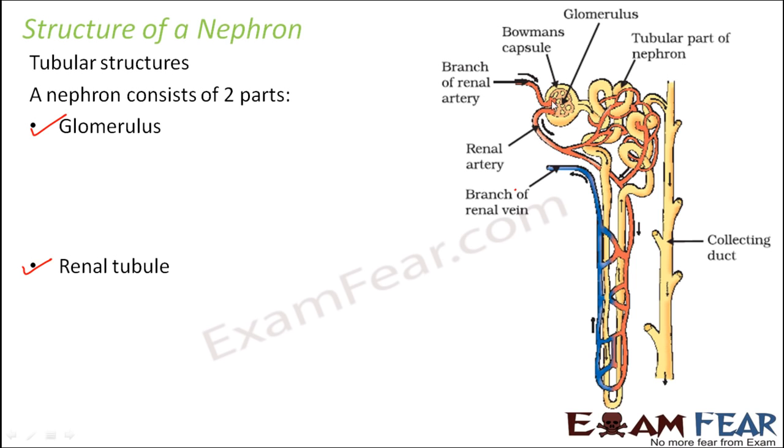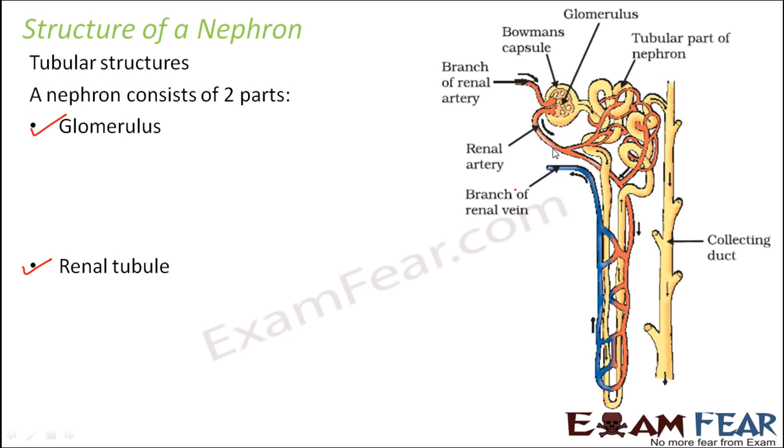This portion is glomerulus. Whatever you have inside, that is glomerulus, and the entire yellow colored tube which you see, that is the renal tubule. So the renal tubule starts from here and then it is coiled like this, and then this U-shaped tube, and finally again it is coiled, and then finally the last tube. So this entire yellow colored tube is the renal tubule, and this content which is present inside the tube-like structure,